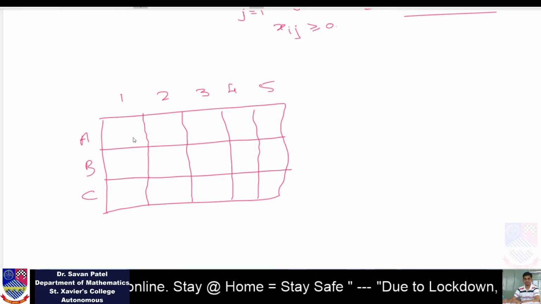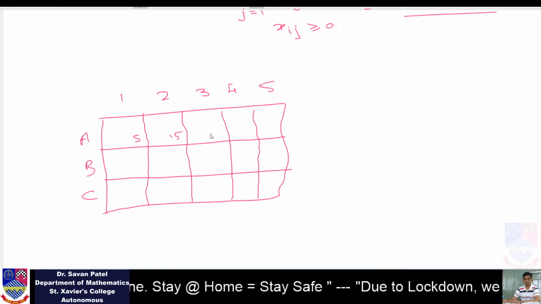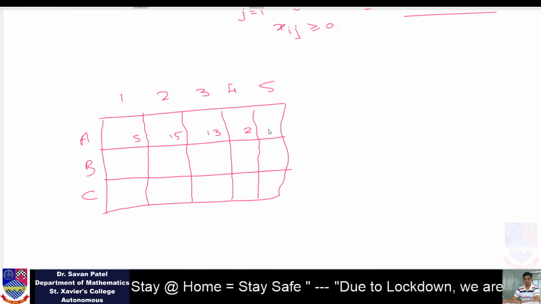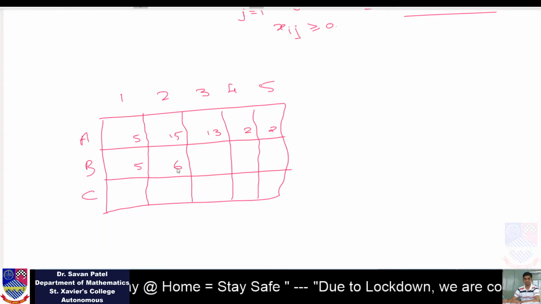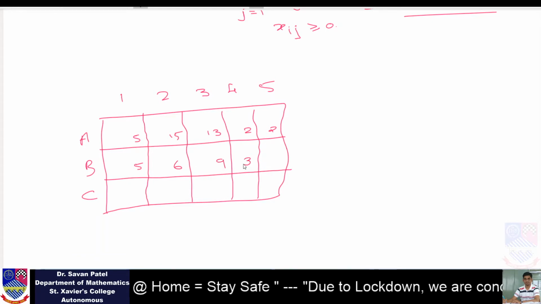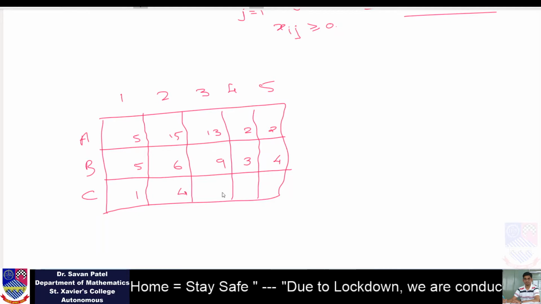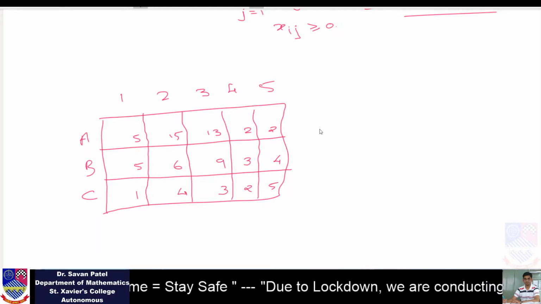Say the transportation cost is 5, 15, 13, 2, 2, 5, 6, 9, 3, 4, 1, 4, 3, 2, 5, and